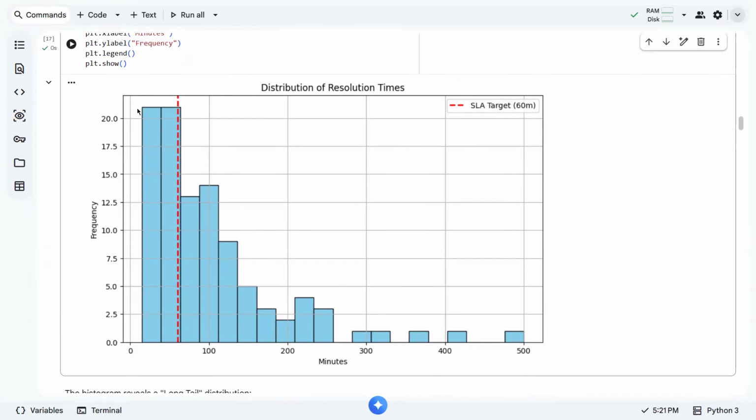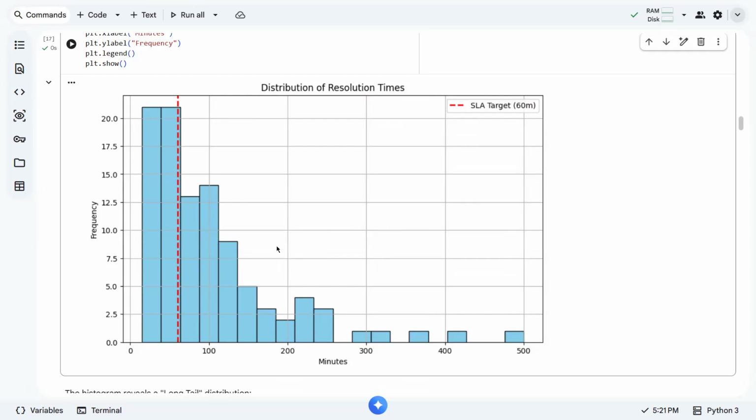Here, in terms of minutes, the majority of our resolution times are around here. So yes, we've met below 60. Many are below 60. But there are several times that we exceed a little bit, above 20. Sometimes we reach 100 plus. And seldom we even reach 300, 400, or even 500 minutes plus of resolution time.